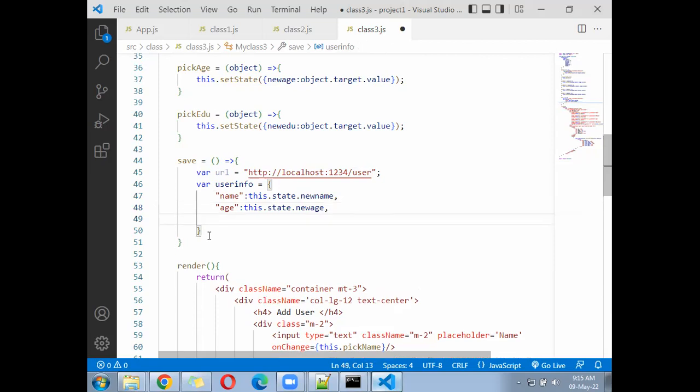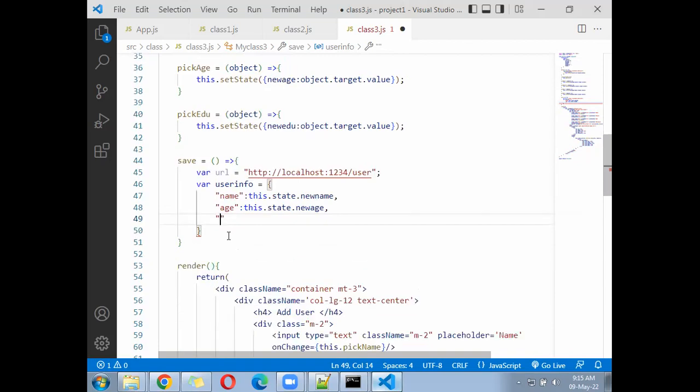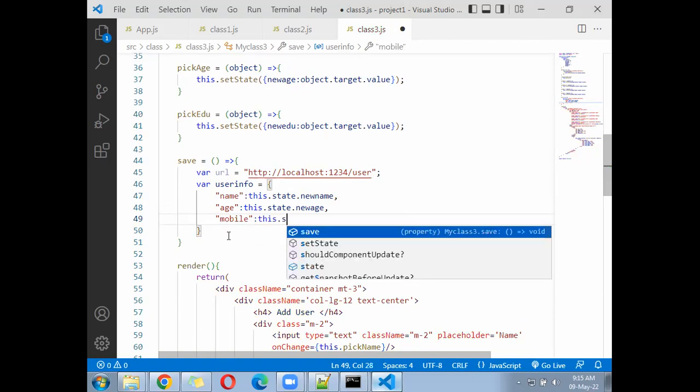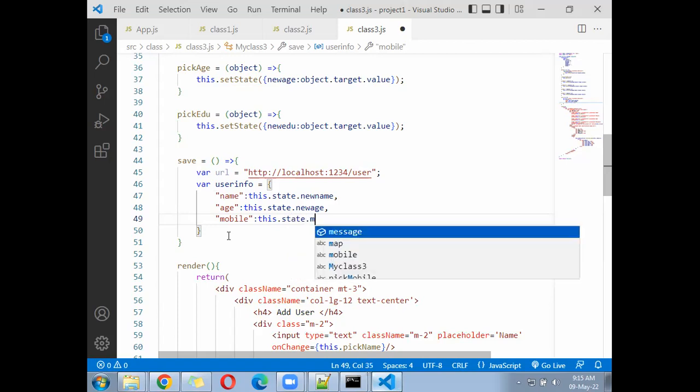Next we will have, what else, gender or something else, mobile. mobile colon this.state.newMobile